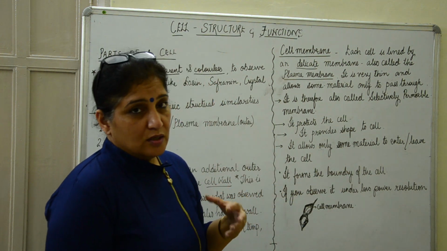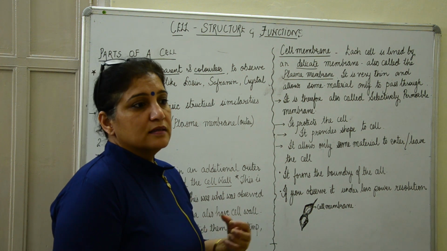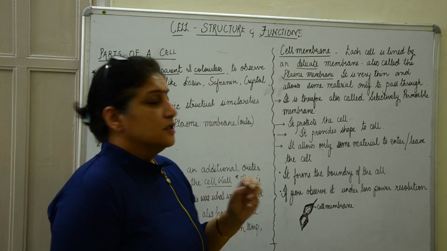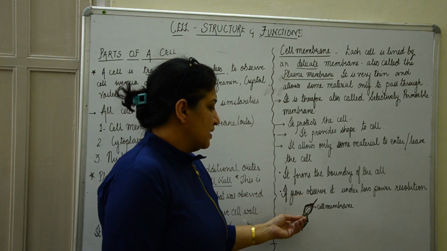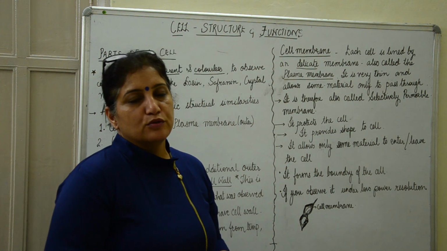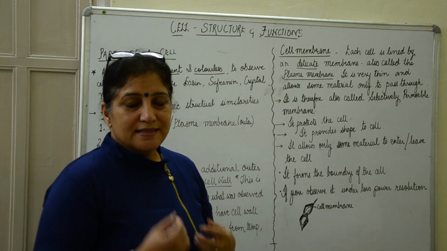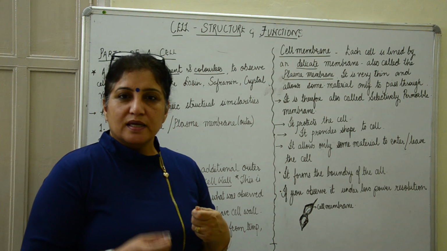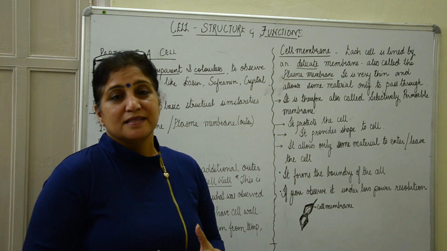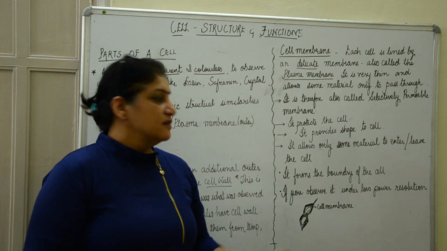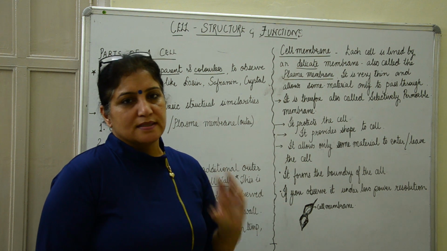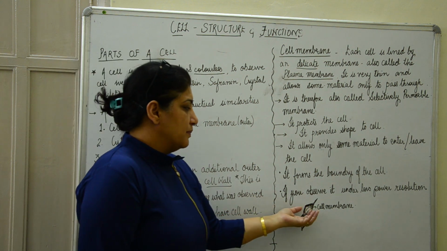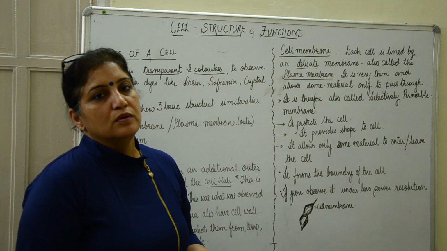If you observe a cell under a normal resolution microscope which has less power, you will observe the cell membrane very, very clearly because it takes on the stain very easily. And this is what we do when we take you to the labs. In class 8, we make you observe certain specimens in the lab, so you can easily observe the cell wall along with the nucleus. We will be discussing nucleus and cytoplasm. So cell membrane is something that is very easy to observe.